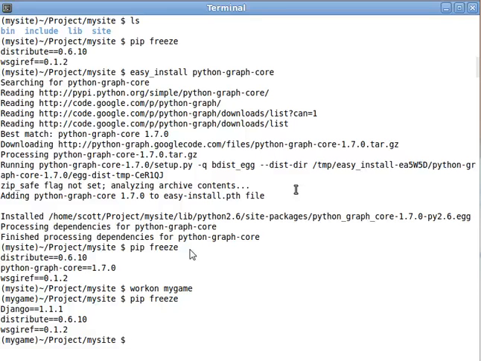Hello and welcome to the fifth and final part of my screencast series about how to set up an awesome Python development environment. In this final part, we're going to learn how to use some of the advanced features of